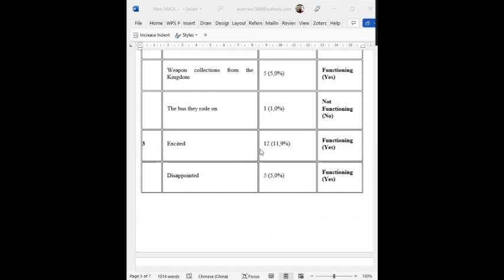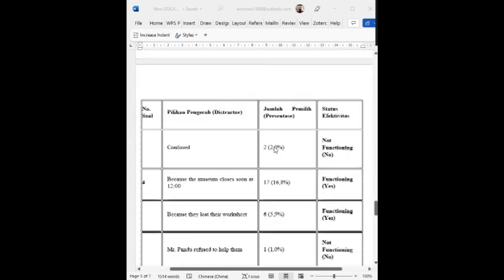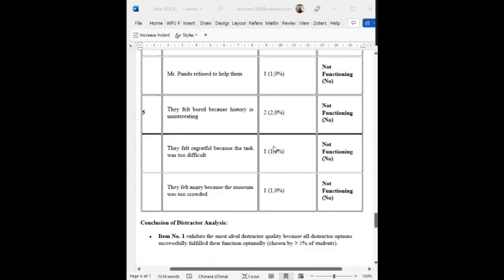Worse is the distractor quality of item number five. None of them reached the 5% threshold. This explains why it is so easy: the index was so high, 0.960, the incorrect options were too easy to eliminate.